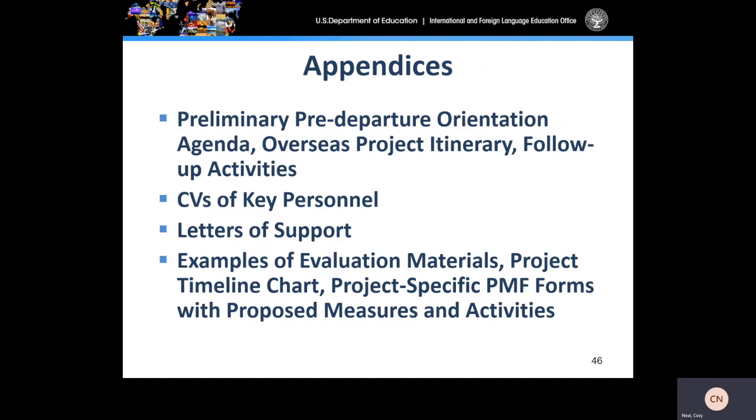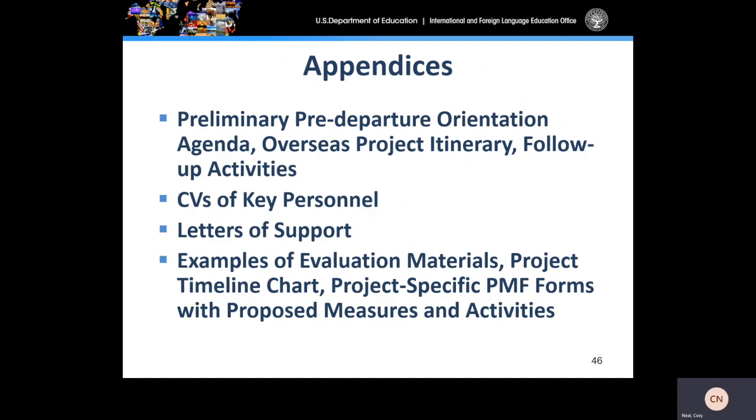They should also include letters of support and can include and should include examples of evaluation materials, project timeline charts, specific project-specific PMF forms with proposed measures and activities. I highly recommend, it is not required, but I highly recommend including every single item on this screen, as it can only help your application.